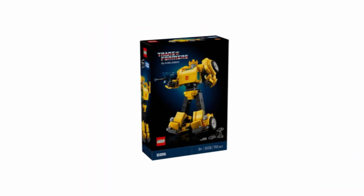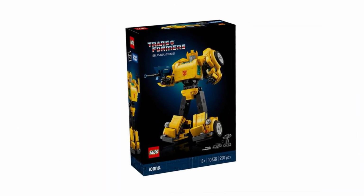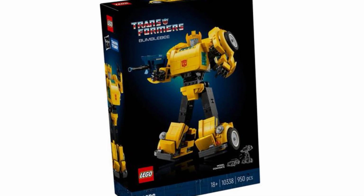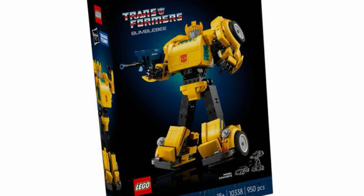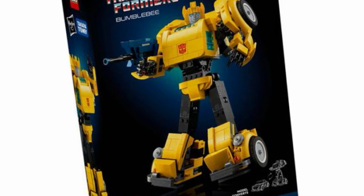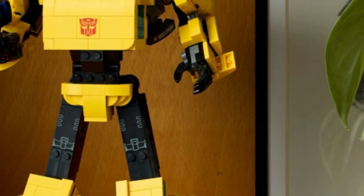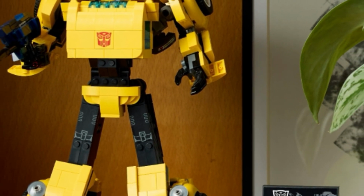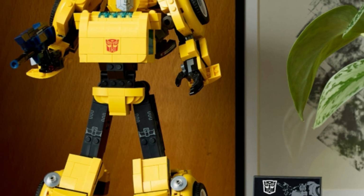So a quick recap is that we did receive one Transformers set back in 2024, and this was the $90 Bumblebee. This one came to a lot of disappointment with a lot of fans. It was undersized, a lot smaller than the Optimus Prime that released a couple years prior, and it was also just kind of funky looking, and its transformed Volkswagen did not look any good at all. So a lot of people were very disappointed with the release of that Bumblebee,